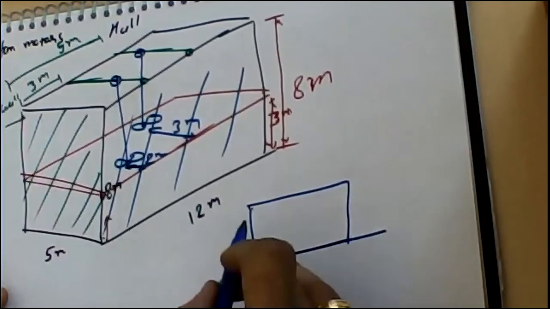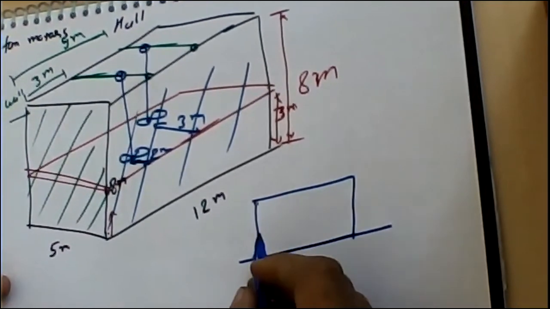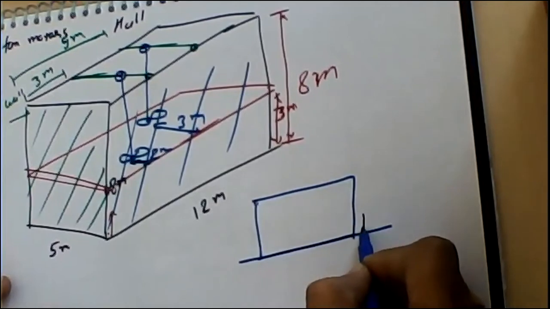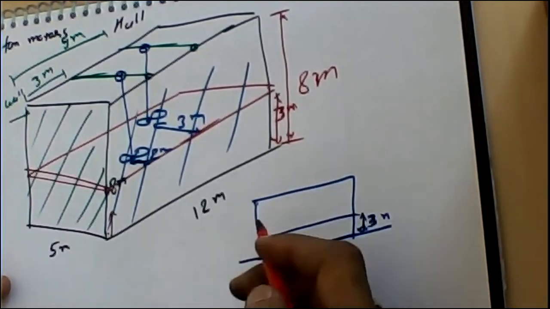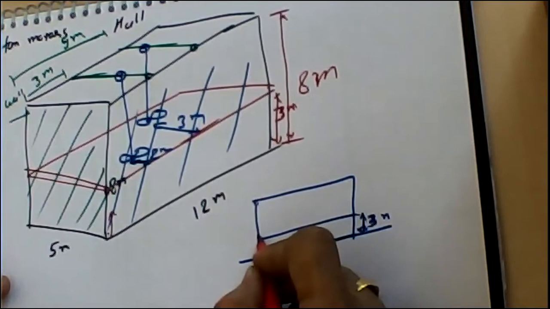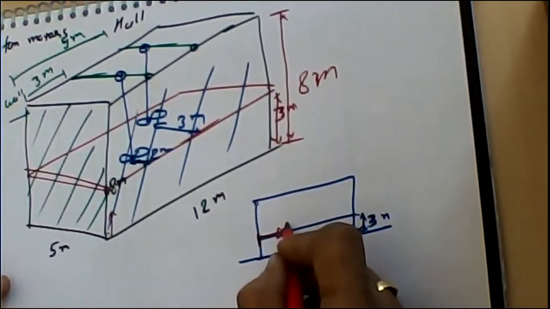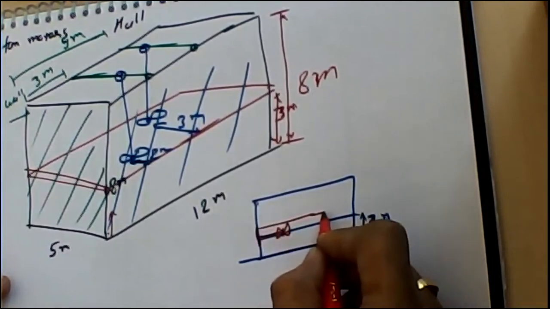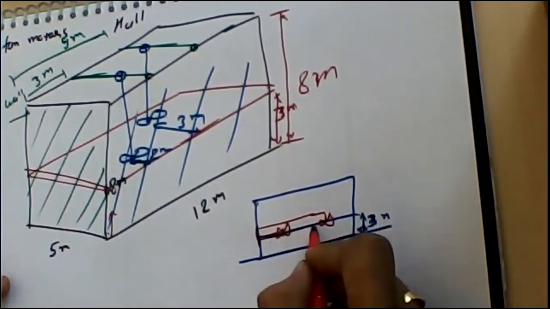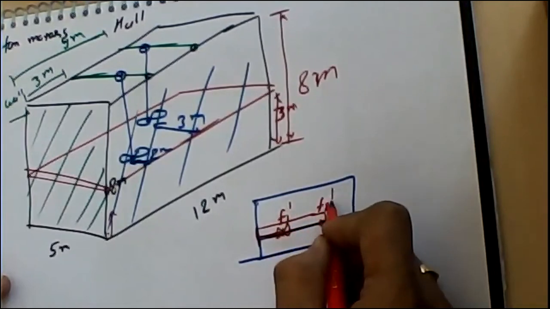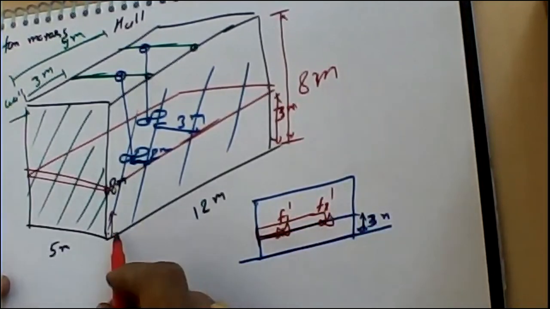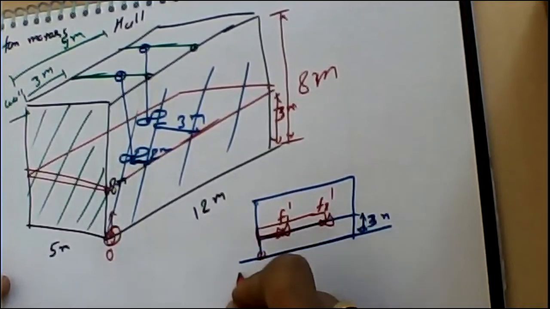So in front view we are going to have, at 3-meter height, the positions of the fans. Where this fan gets its position: from here it is going to be at 3 meters for the first fan, and the second fan is going to be at 9 meters. If I'm considering this as F1, then this is going to be F1 dash, this is going to be F2 dash, and if I'm considering this corner and calling it O, then this position is going to be called O dash.